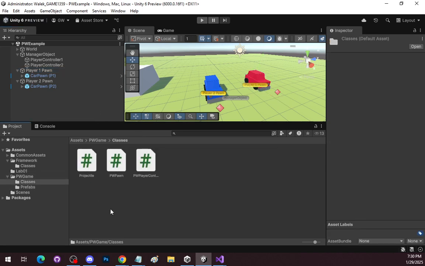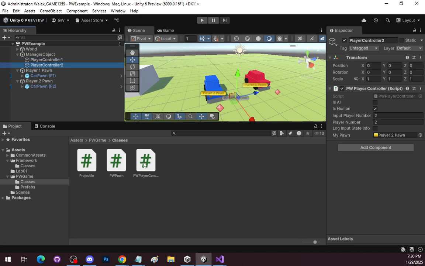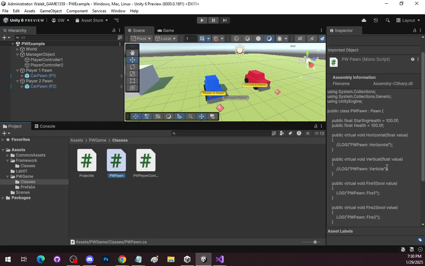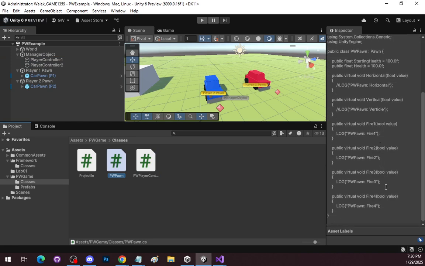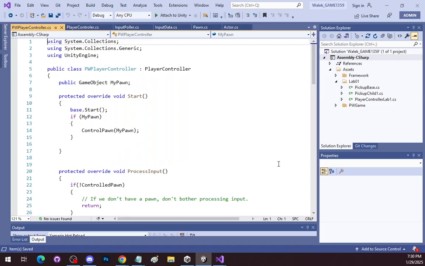So look at the classes in here. There are 3 in here. There is PW player controller, which is what's on here. This is doing the actual work. PW pawn, you can see horizontal, vertical, fire 1, fire 2, fire 3. So we've implemented all of that. Basically, the player controller